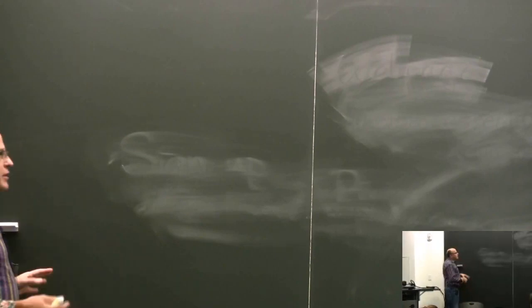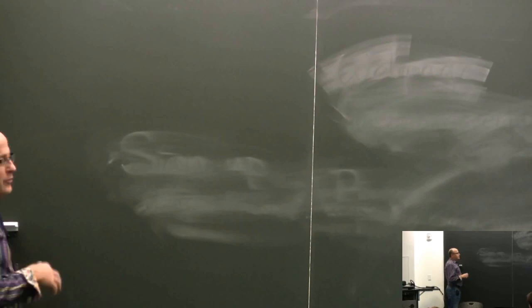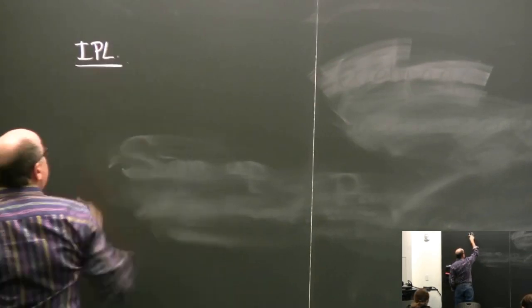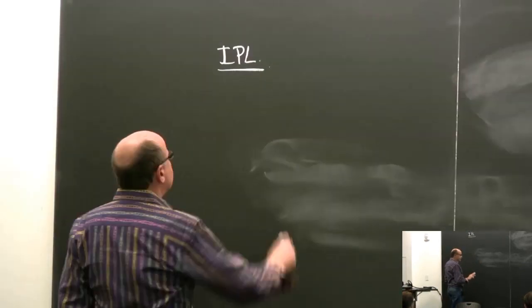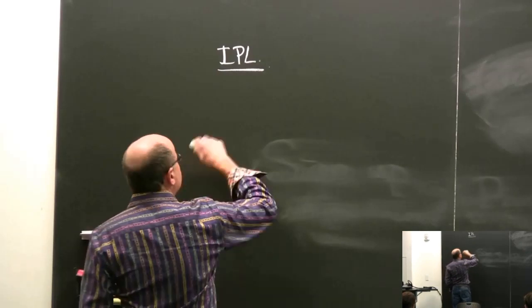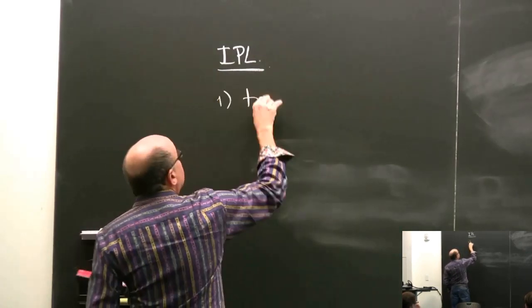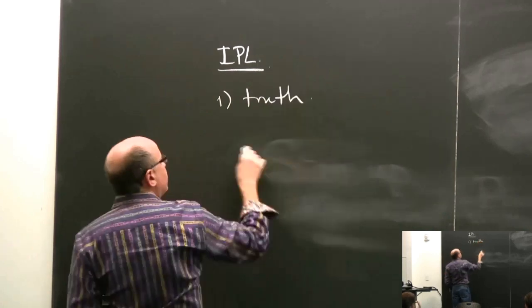All right, good. So where we were last time is I wanted to try to develop some extremely basic things in order to illustrate some fundamental ideas that will permeate the course as we go along. So what we were doing is we were looking at first the negative fragment of intuitionistic propositional logic. I got as far as the following three things, actually. So we were looking at truth. That's always a nice thing to think about.